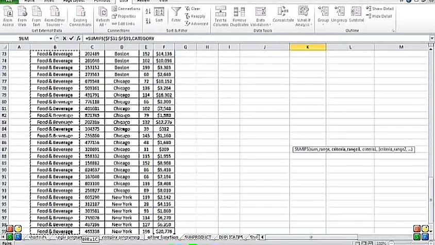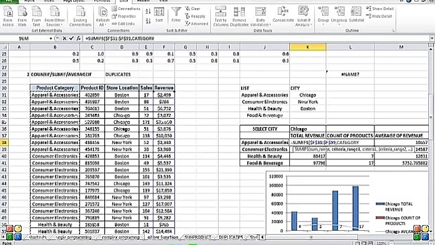I'll help you on what the criteria is. The criteria is that it should be Apple and accessories. I don't need to freeze that because I'm going to copy the same. Then the other category I need is my store location, because I want just Chicago. So I'll put a range here, select that particular range, and press F4 to freeze it, because I have not made it a table right now.